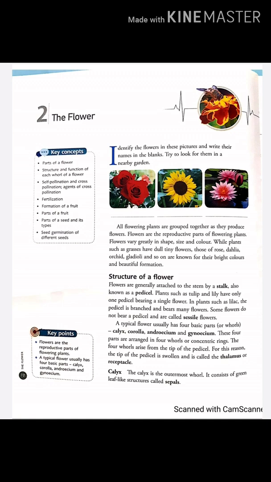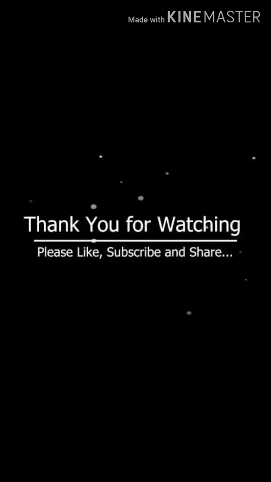In epigeal germination, the cotyledons are pushed above the soil. The cotyledons become green and form the first leaves. This type of germination is seen in many dicot seeds such as bean, sunflower, cotton and castor. In hypogeal germination, cotyledons remain below the soil and the plumule comes out to form the new leaves. This type of germination is mostly seen in monocot seeds such as wheat, rice and maize, and in some dicot plants such as mango, gram and pea.